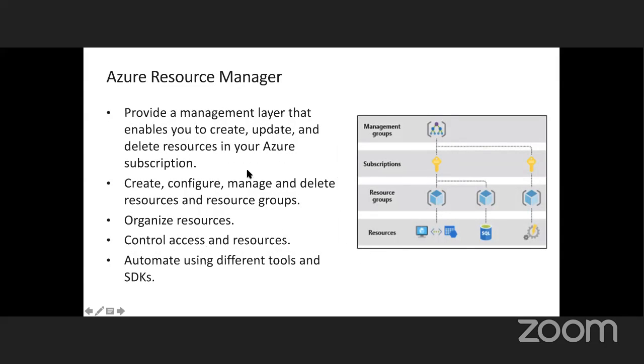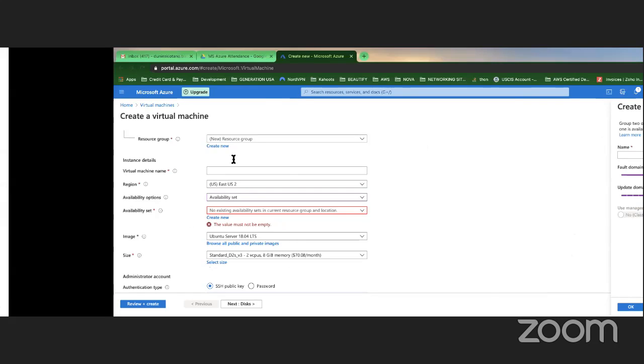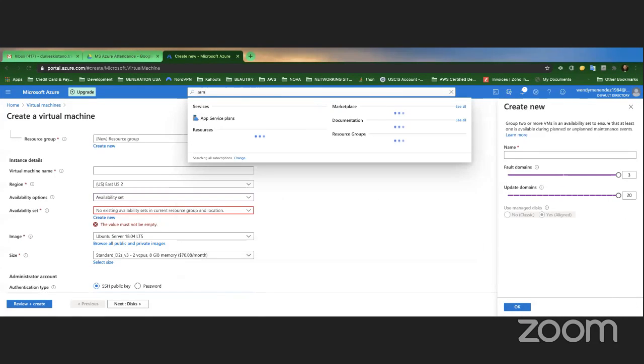Azure Resource Manager, also known as ARM, okay? It provides a management layer that enables you to create, update, and delete resources in your Azure subscription. Create, configure, manage, and delete resources and resource groups, organize resources, control access to resources, and automate using different tools and SDKs. So if you put here ARM,